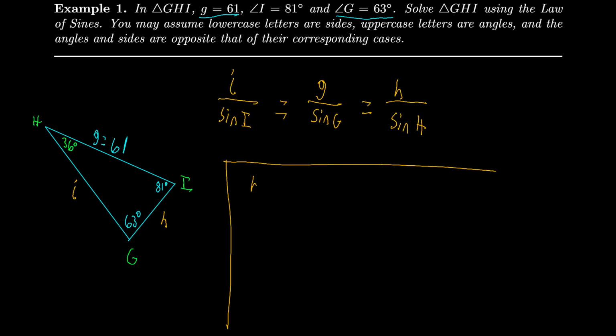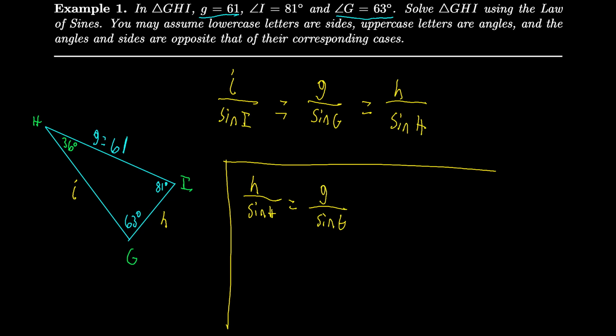I'm going to say that h over the sine of h equals little g over the sine of big G. The reason that I'm picking that is this. Watch this. I don't know h. That's what we're trying to find. However, I do know big H. It's right there. I do know little g. It's right there. And I do know big G. It's right there. I know all three other pieces of information. So if I plug all of this in,